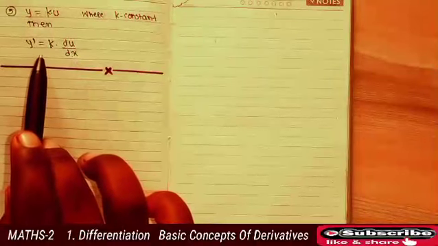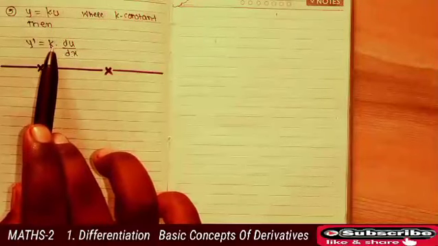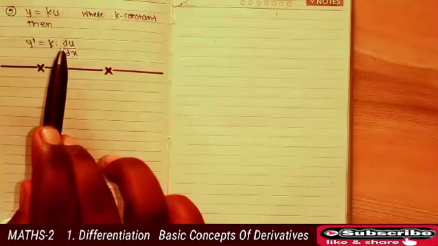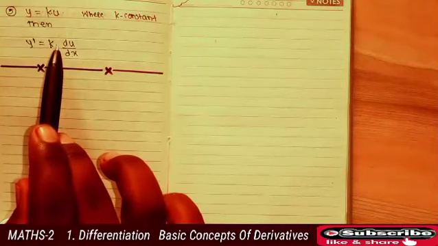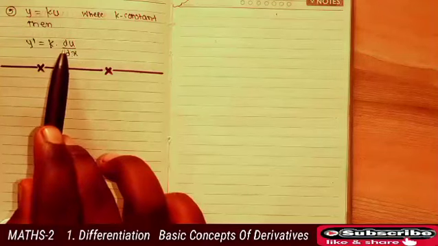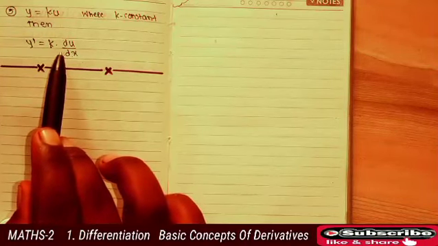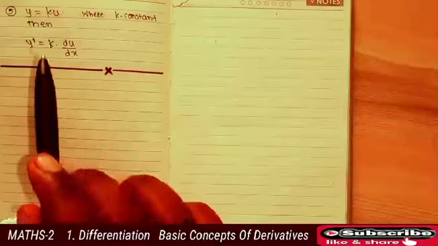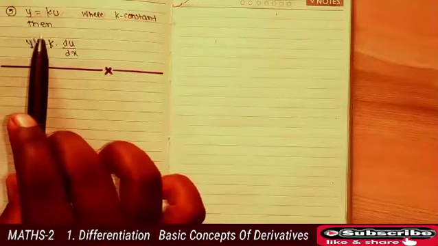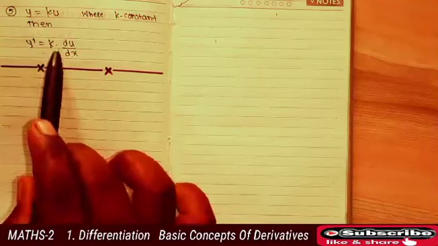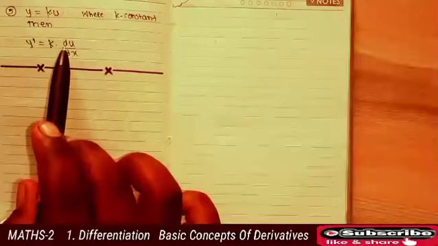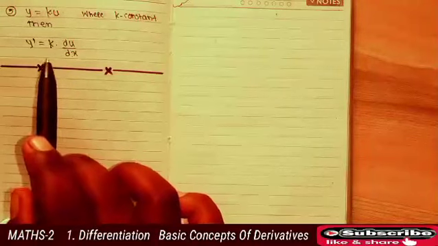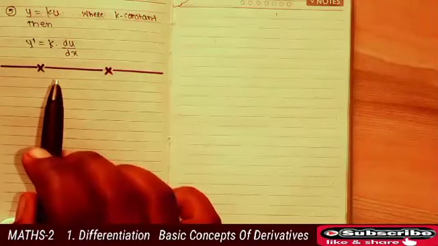You can't write the derivative of k into the derivative of u, because if you take the derivative of k, it becomes 0, since you have seen the derivative of a constant is 0. We cannot write this. So for such a type of rule, you have to take k outside, that is, take the constant outside, and take the derivative of the function, that is y dash equals k into du by dx. Now on these rules we will see examples one by one.